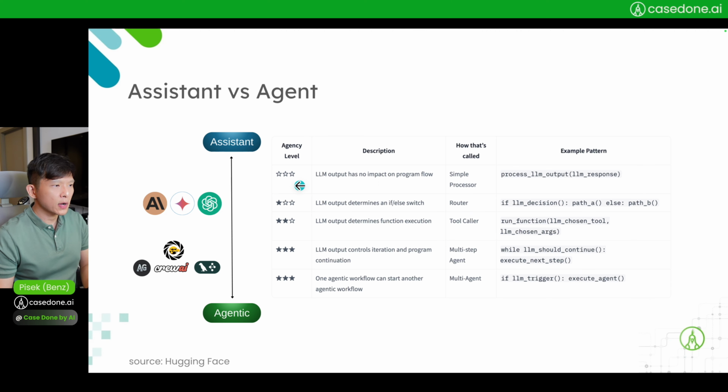As an example, in this one, the AI or the LLM output has no impact on the program flow whatsoever. A human or a deterministic software sees the recommendations or some output from the AI, but the system, or you, still has full control over what the program flow should be. Maybe one step up, the LLM or the AI output will determine which program path to take. This is something like: if the LLM decision is true, we take path A, or else we take path